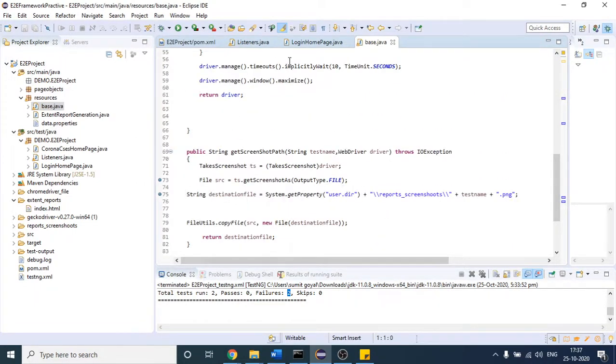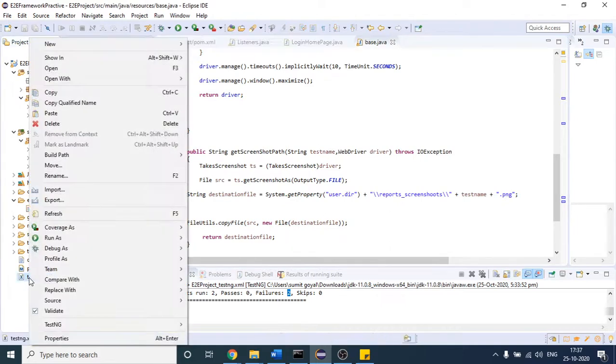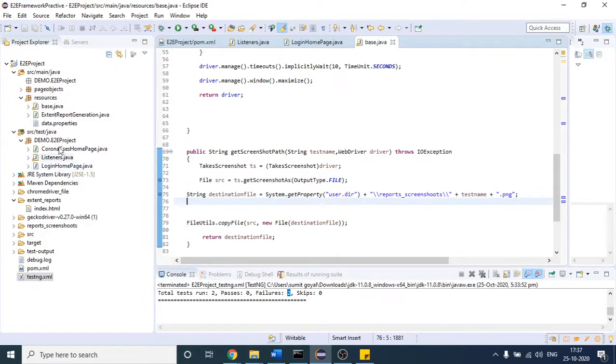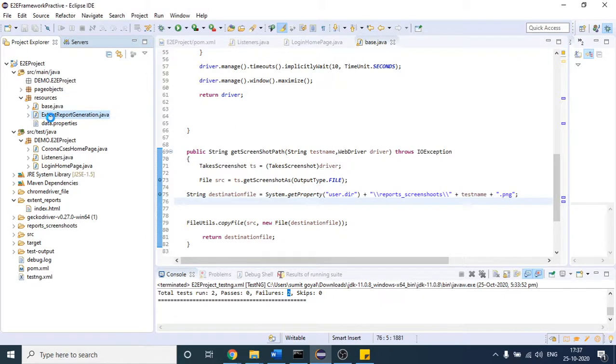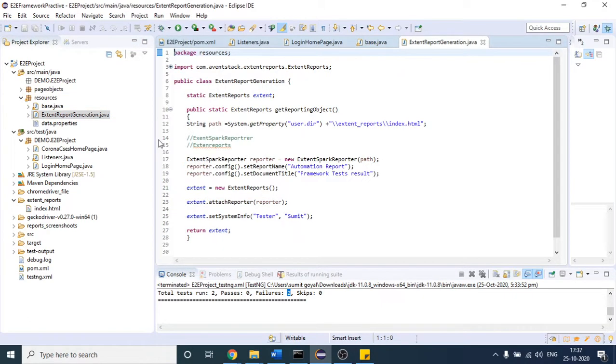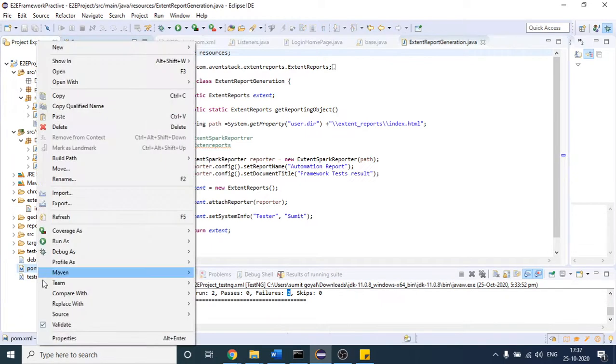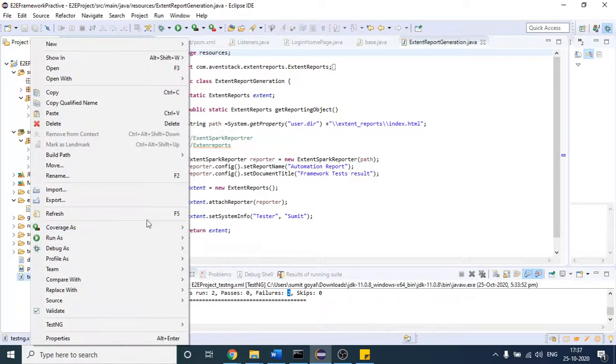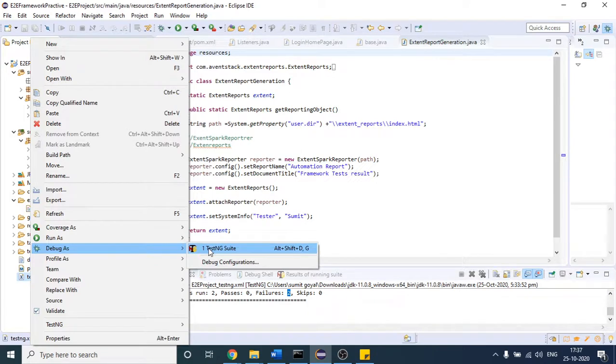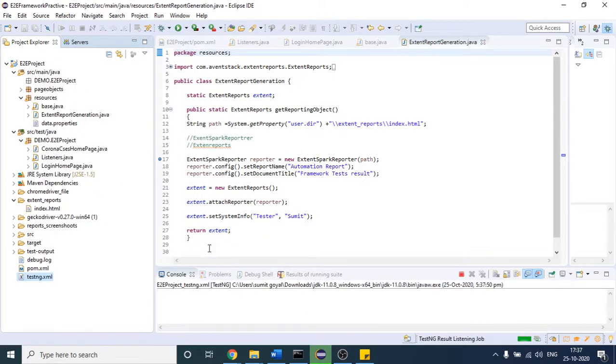Okay, I have already put one. I should have pasted one debugger here as well. Now we will run, but this time in debug mode so that we will be able to see how the program flow works.